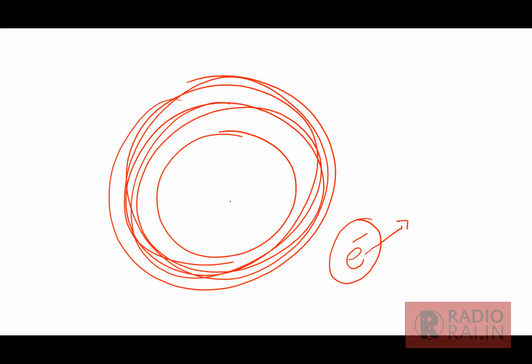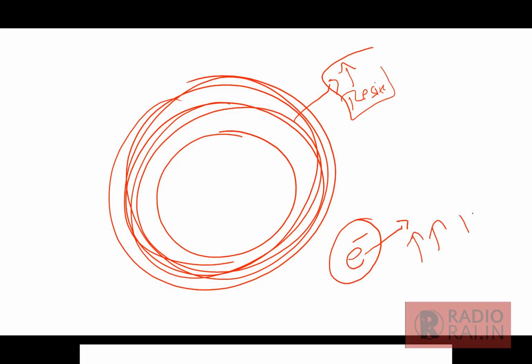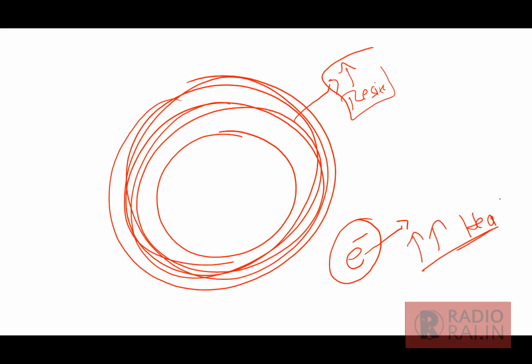But the problem with this was that the wires had very high resistance. Any wire will have resistance, and it will produce a lot of heat. This heat is nothing but the loss of energy, the loss of electric current. Because of this, we need to supply a lot of current to this magnet. These are called resistive magnets. This is the second type of MRI that they produced using these wires.